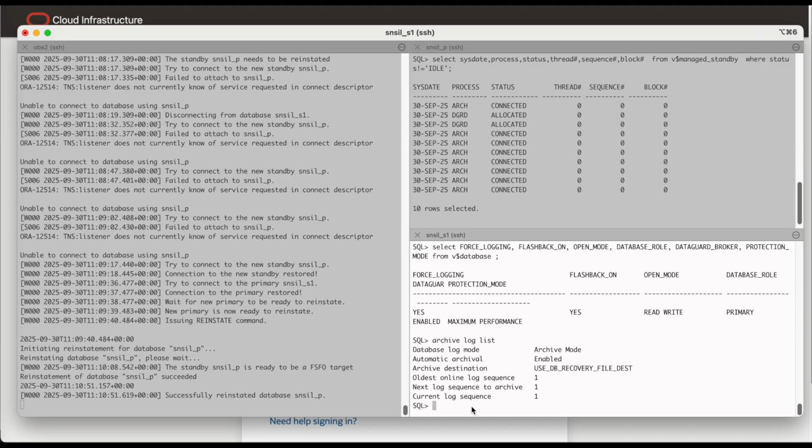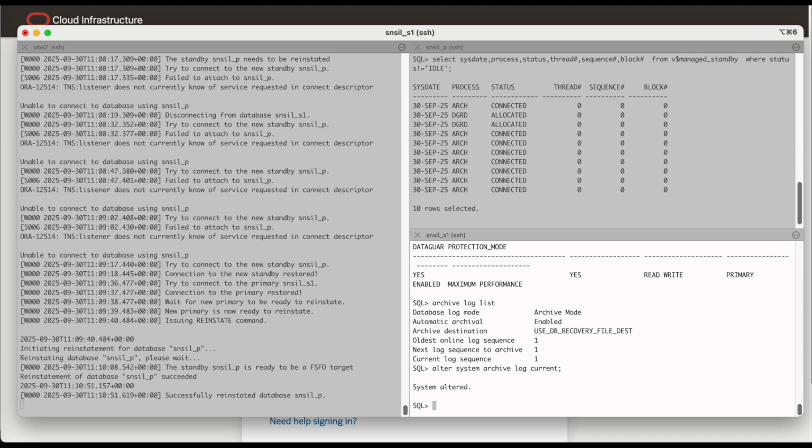You can do a few archive log switches and verify all details from the broker.